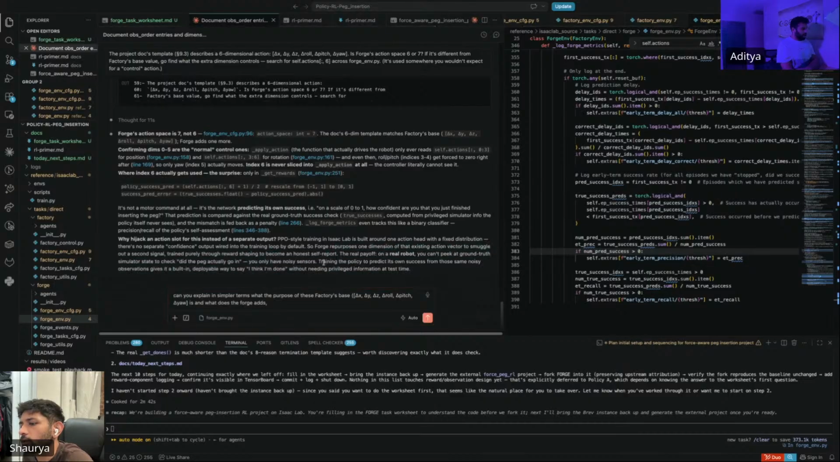I see. Okay, can you explain in simpler terms what the purpose of Factory Base is and what Forge adds? And